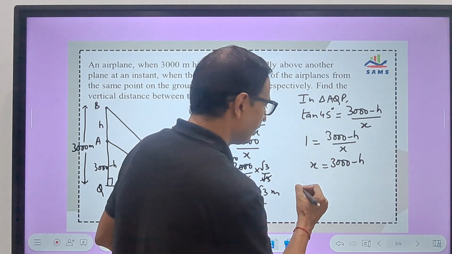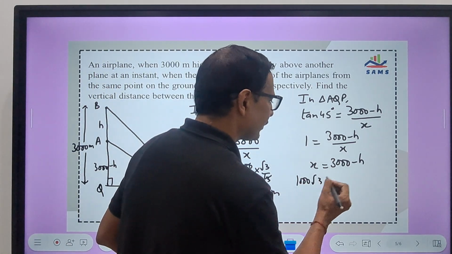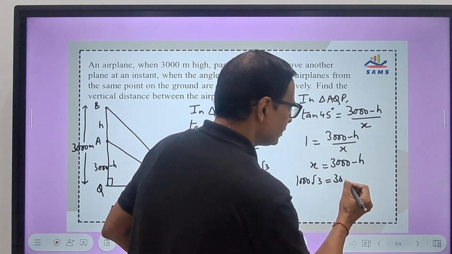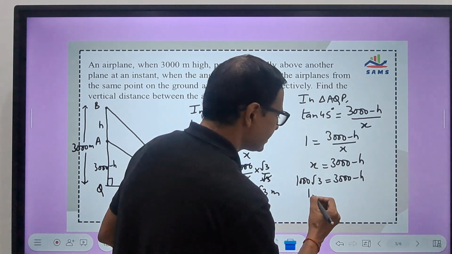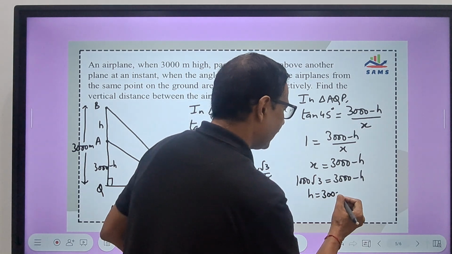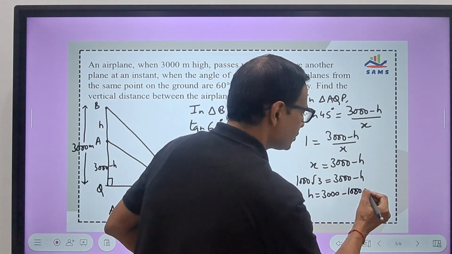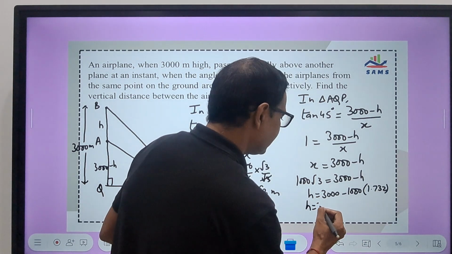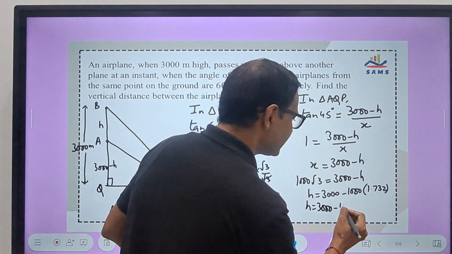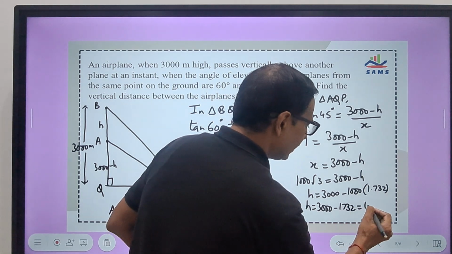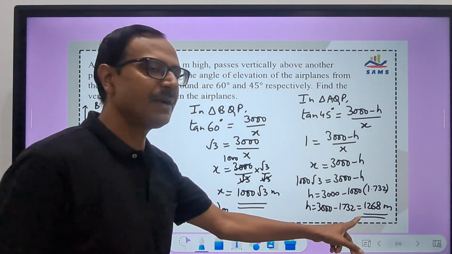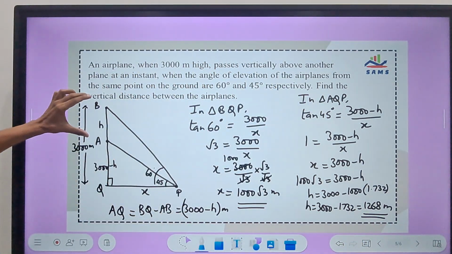So I can put here 1000 root 3 equals 3000 minus h. So h is 3000 minus 1000 times root 3, which is 1.732. So h is 3000 minus 1732, which is 1268 meters, and that is the vertical distance between the two aeroplanes